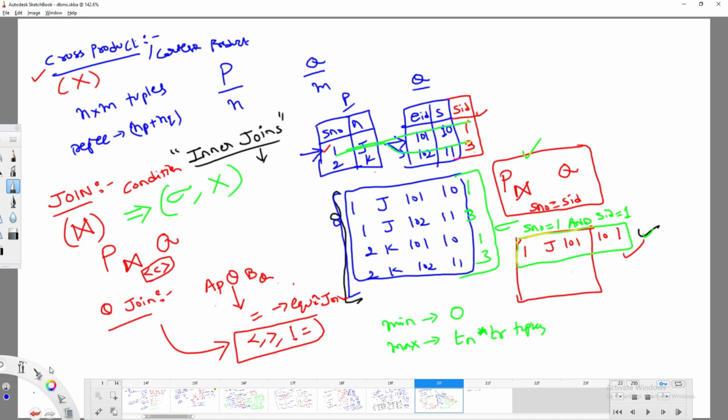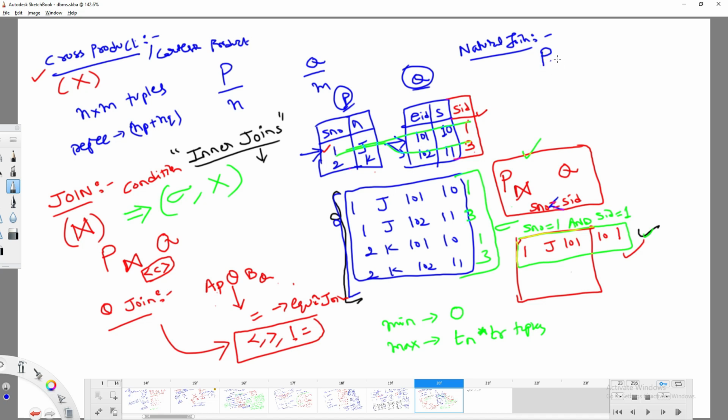Natural join, right? So basically, try to observe. On both P and Q, I can apply an equijoin, or I can do something like serial number less than SID, this kind of operation, or not? I can apply theta join also, there is no problem, right? So natural join means, if P is one kind of relation and Q is another relation, natural join you are going to represent with a symbol called star.